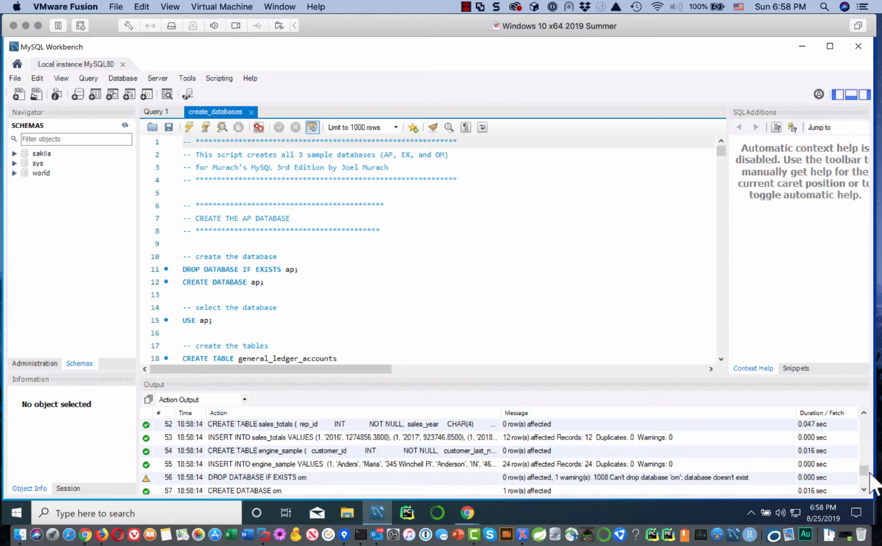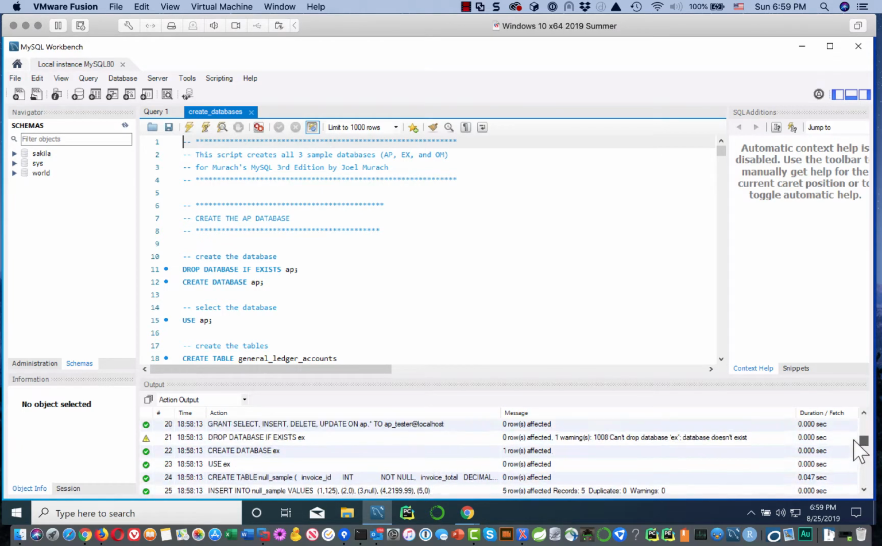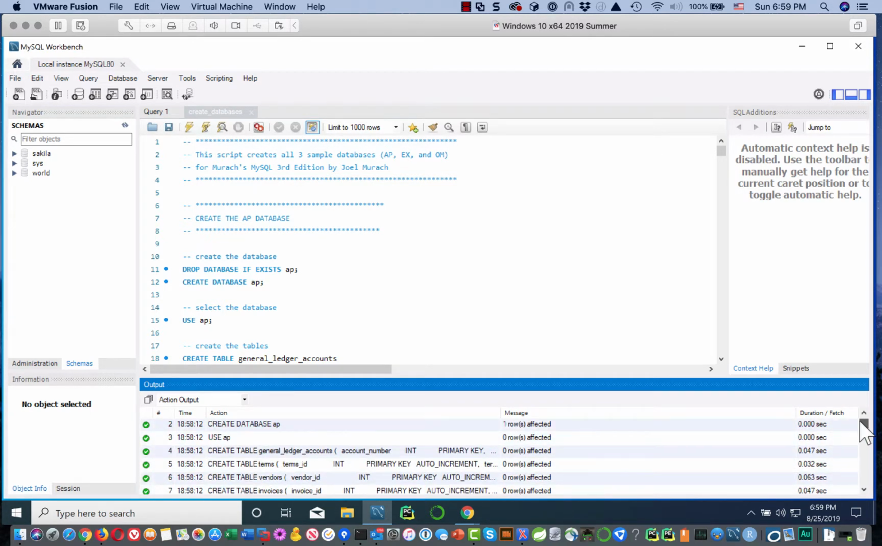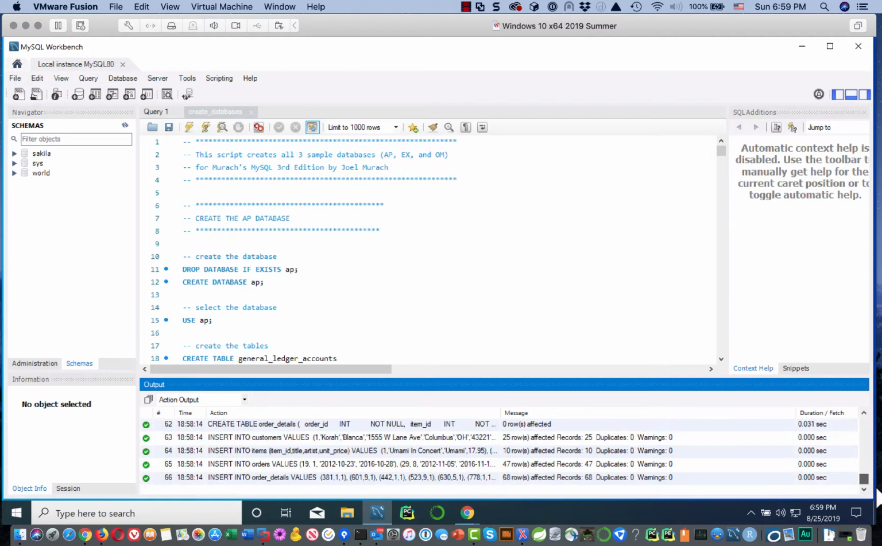The thing that we don't want to get is we don't want to get a red ball with an X in it. And as you can see, we have no red balls with X's in them. So that seems to have run just as we want. Okay, so